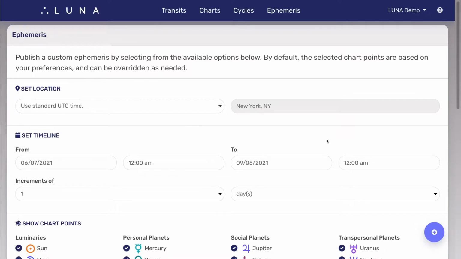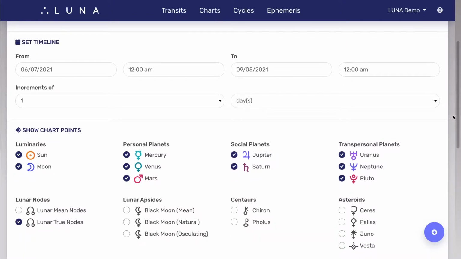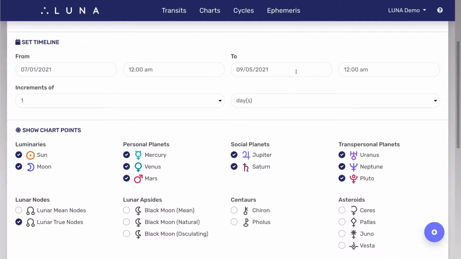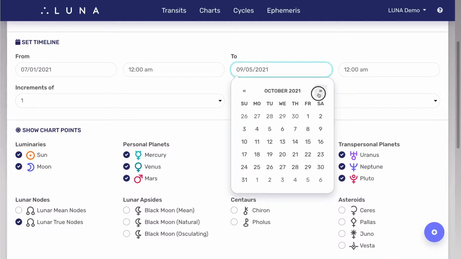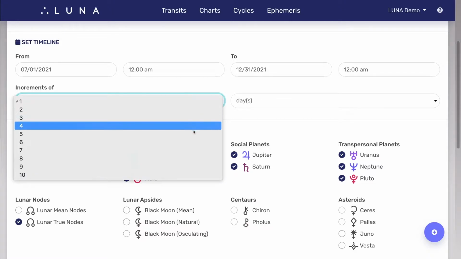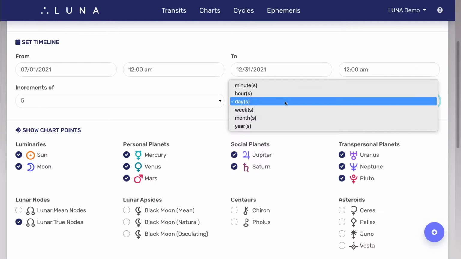The timeline options allow you to specify the duration of the ephemeris and the increment, or interval of time, between them. This means you can create a per-minute ephemeris, a powerful means of tracking the exact timing of a transit or retrograde period. And you can also create a really long-running ephemeris for tracking the slower-moving outer planets that only calculate their positions once a month or even once a year without needing the calculations in between that don't change